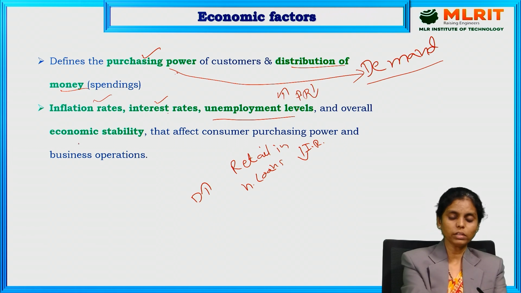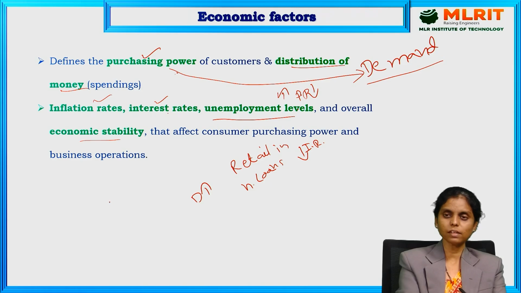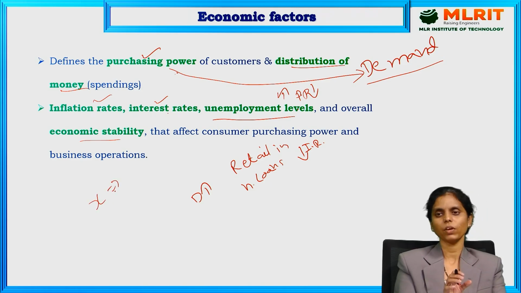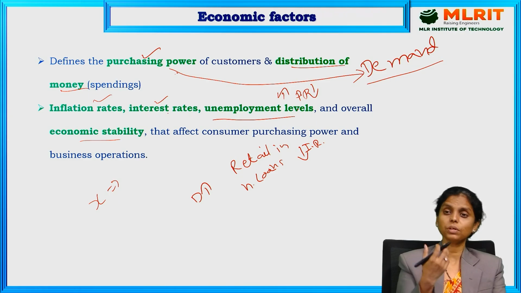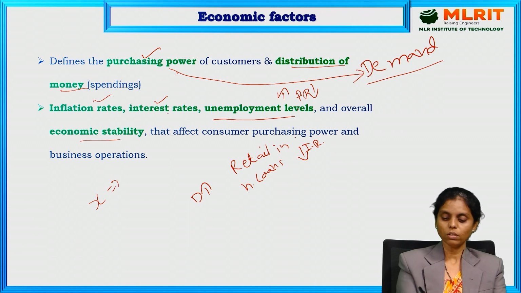And overall the economic stability. That means economic stability means, for example, if an individual is earning some x amount, then how much is he saving, and is it going in the same way or not? That is, whatever the expenses, is the distribution of that money taking place in the same pattern or is it continuously fluctuating? If it is continuously fluctuating, then what happens? The customer never prefers to buy products that are not necessary to him at that point. All these factors will influence the business decision.